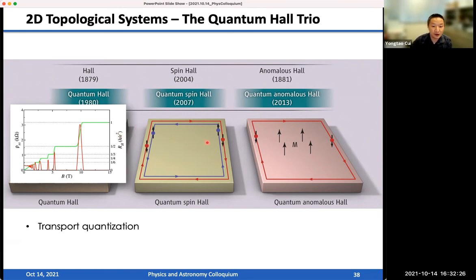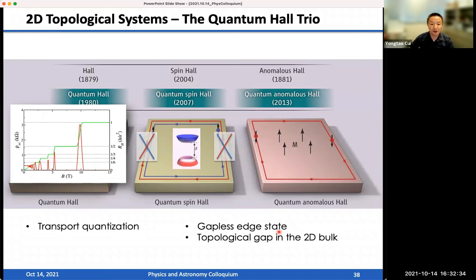And the signatures of those topological orders are that you're going to have a gapless edge state, and also a topological gap in the bulk of the system, right? So those are the two key elements for topological order in the system. Okay, so next I'm going to talk about a couple of examples and how we use scanning probe techniques to